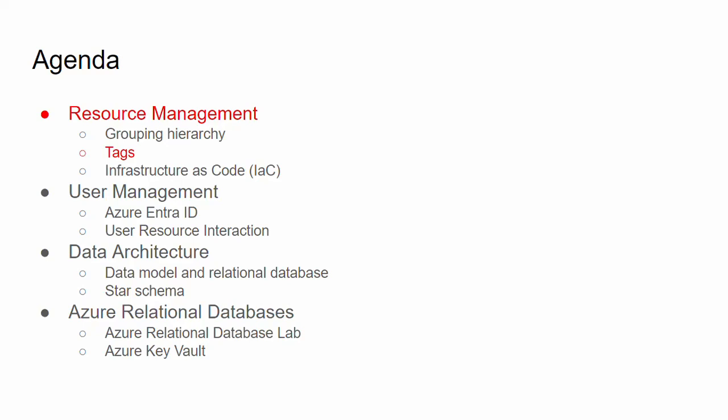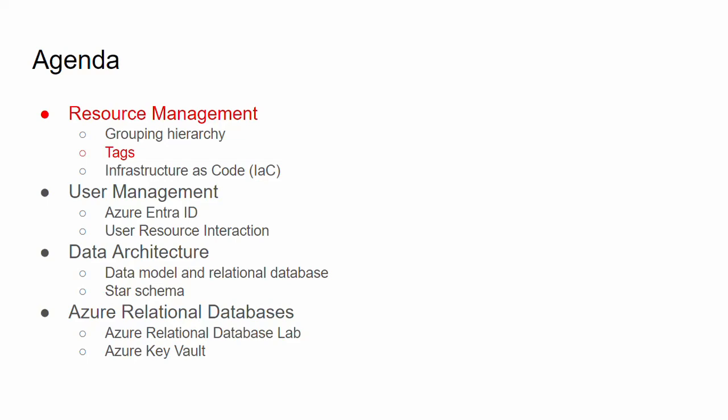Grouping hierarchy, groups in hierarchy is basically the most important way of managing resources, not only in Azure, but basically in any place, right? You think about a Windows file server, right? You also have all the different folders, and folders have subfolders. That's another way of grouping and hierarchy. But a lot of times there's also